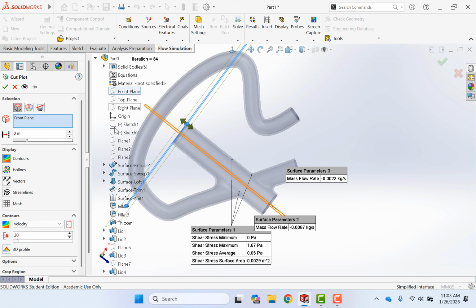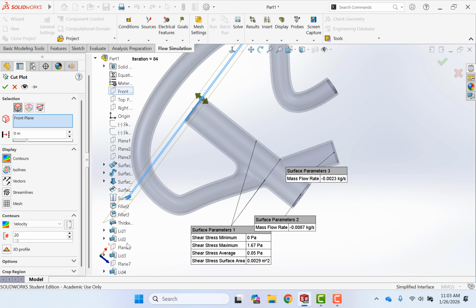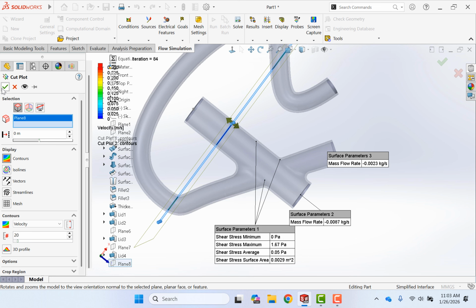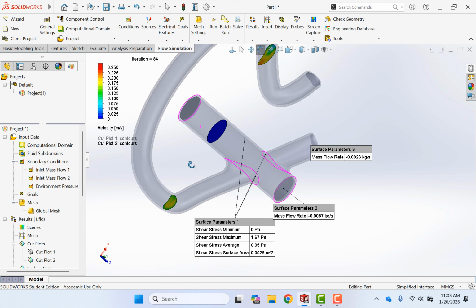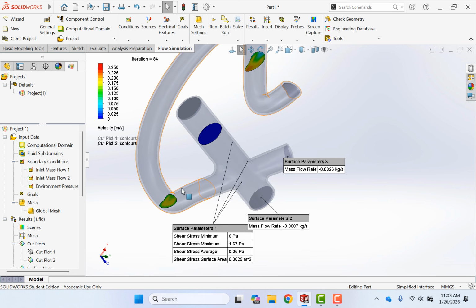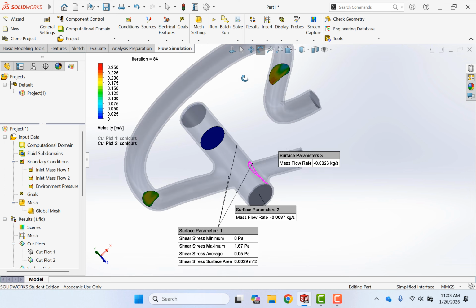And so the other plane we had was plane 8. I'm going to select that. Again, I'll look at velocity. So we can look at the cross-section of velocity and hit check. Okay, and we could see what the velocity looks like. Okay, and you can see this plane actually intersects all three